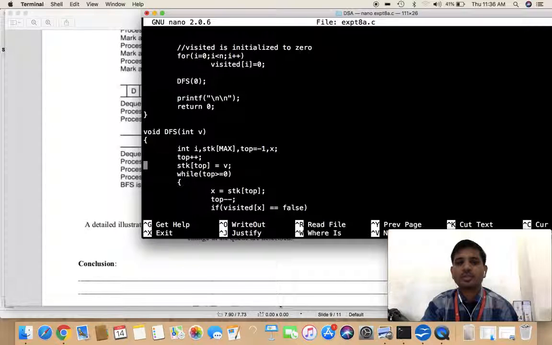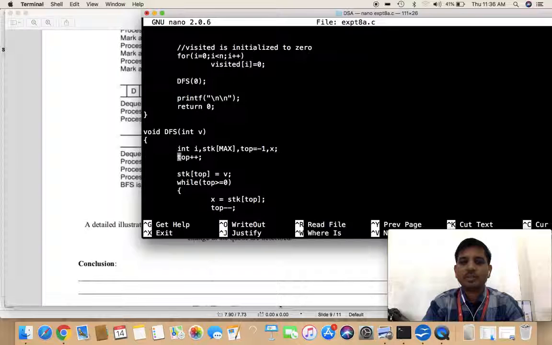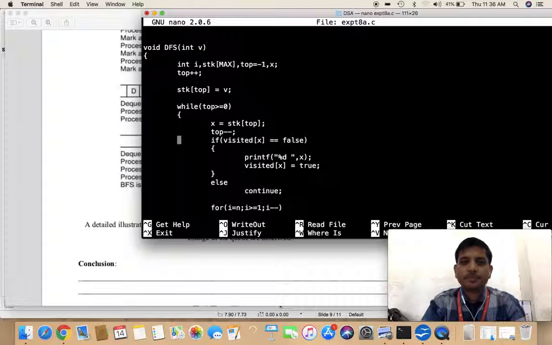Here the DFS function is called. Then here I am declaring a stack. The top variable I am declaring. I am initializing top is equal to -1, top plus, and the first vertex I am inserting, that is v. So first vertex is 0, so your first entry in your stack is 0. Next one is while top is greater than or equal to 0, then x is equal to stack of top. First we have to remove the top of the stack, then top minus,